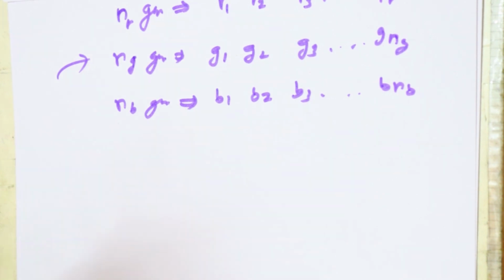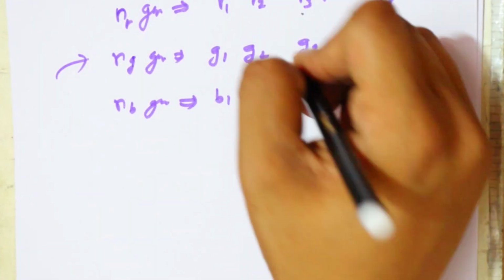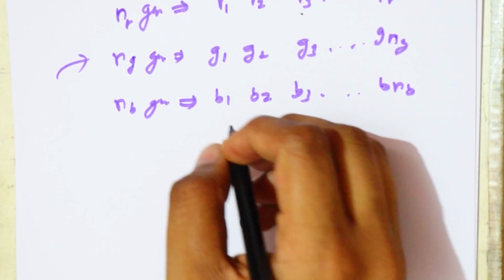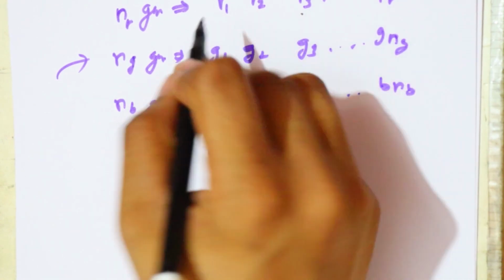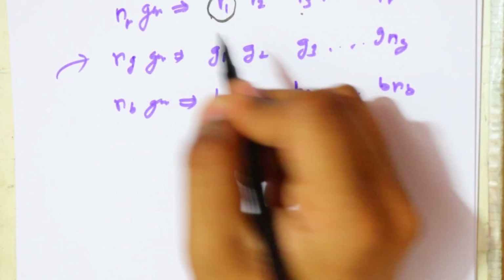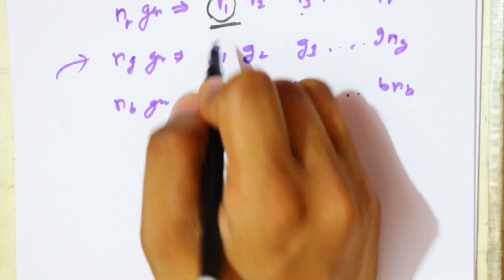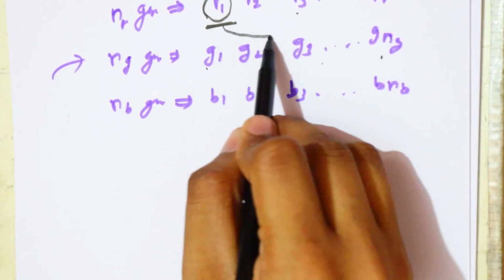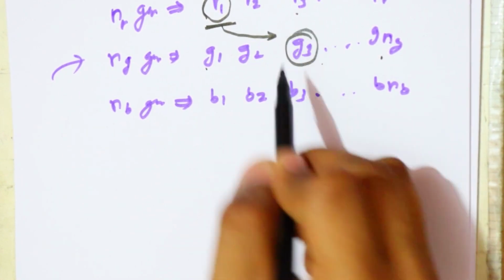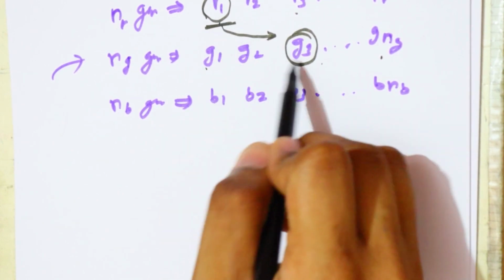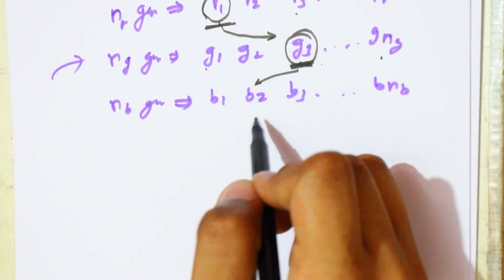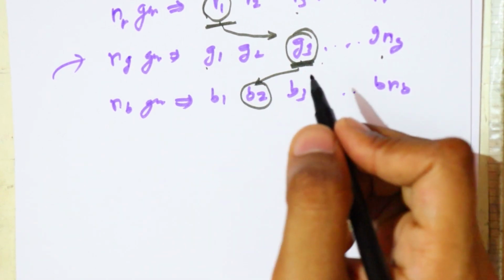What we need is to choose one weight from here, one weight from here, and one weight from here, so that the equation is minimized. Now you will think, okay Aryan, first of all I will choose this, then I will see what is the minimum for this. Suppose it comes this. Then for this and this, I will choose what will be the minimum result. Let's suppose it is this. Okay, so it's so random.